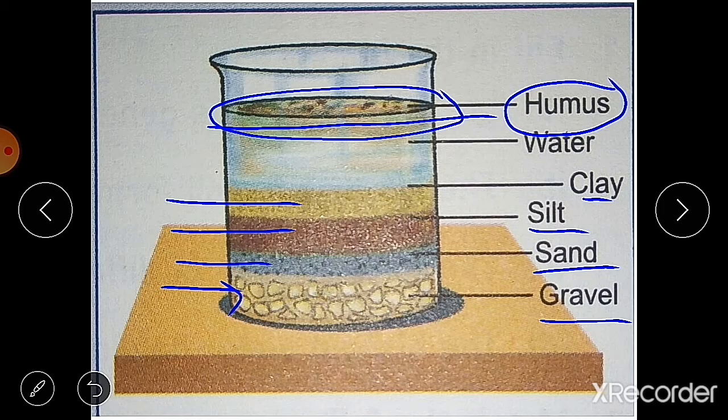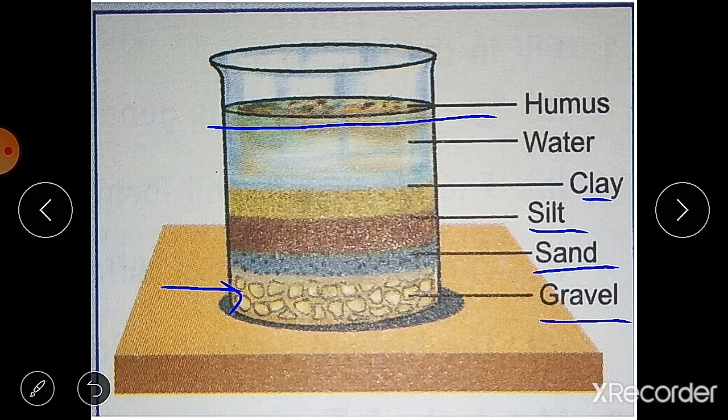You can do this activity at your home and you will get these different layers in your jar or whatever pot you take.